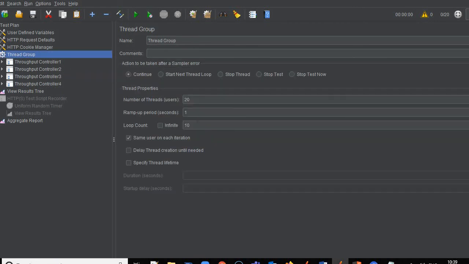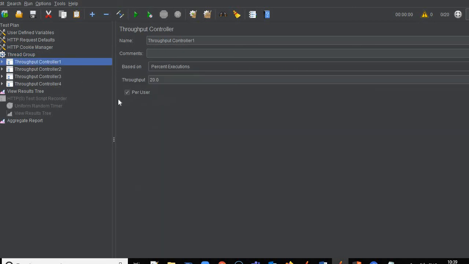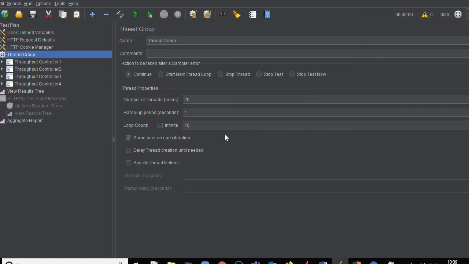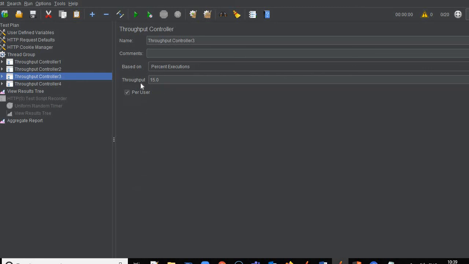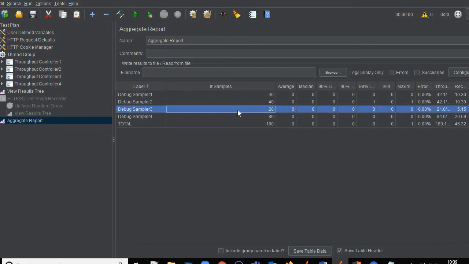Why? Because this percentage is counted from this iteration part. There is no link with the number of users. Number of users works based upon this checkbox only. So we have selected this checkbox, so every user will perform this much percent of iterations mentioned in this iteration section in the thread group. So for this 15% it will pick 1, and for 20 users it will give us 20 value.